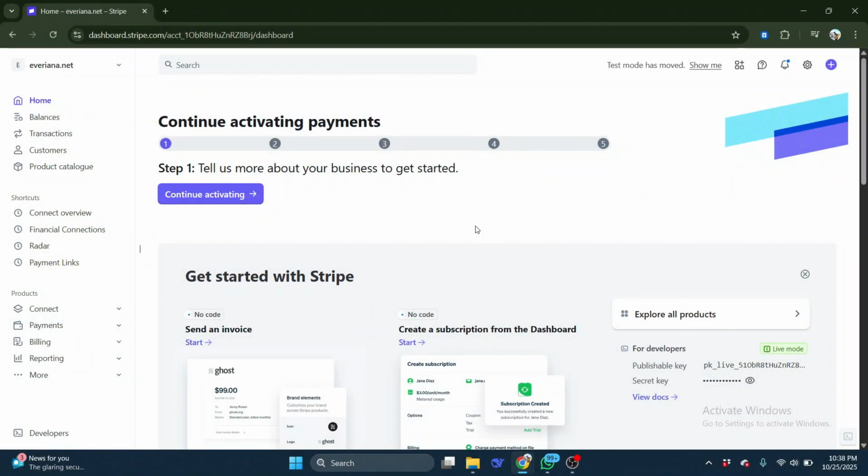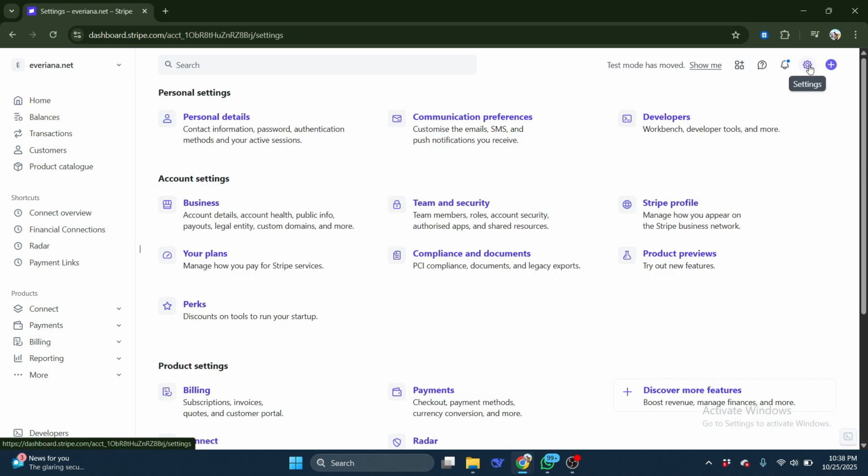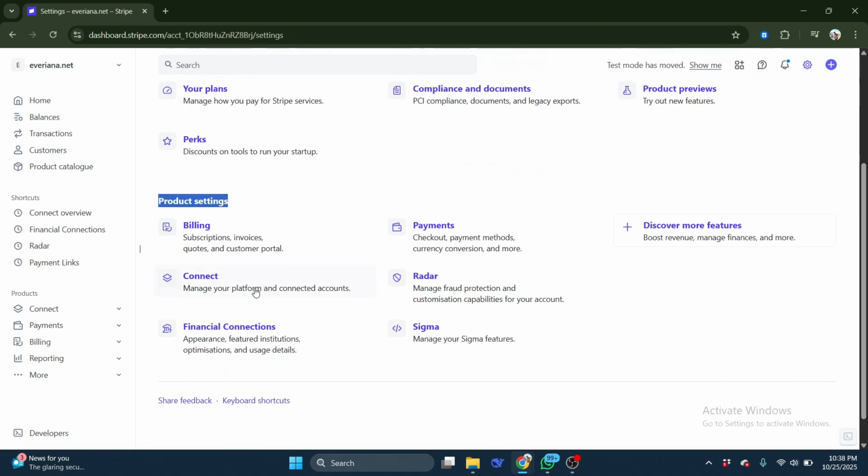First, open your preferred web browser and head over to stripe.com. Once you're inside your account, you'll typically be redirected to your homepage. From there, move your cursor to the settings icon, click on it to open all the customization and configuration options